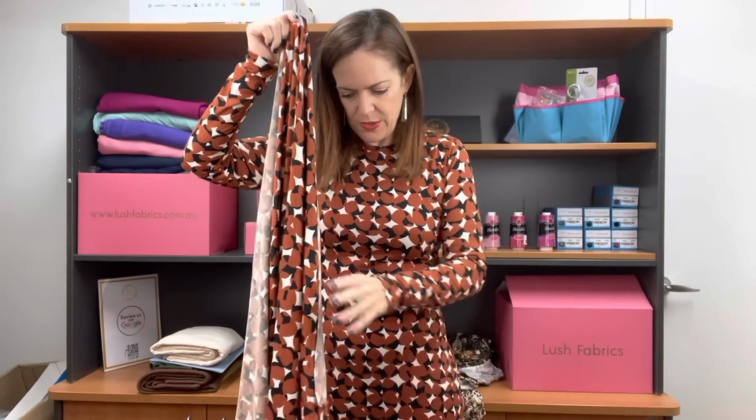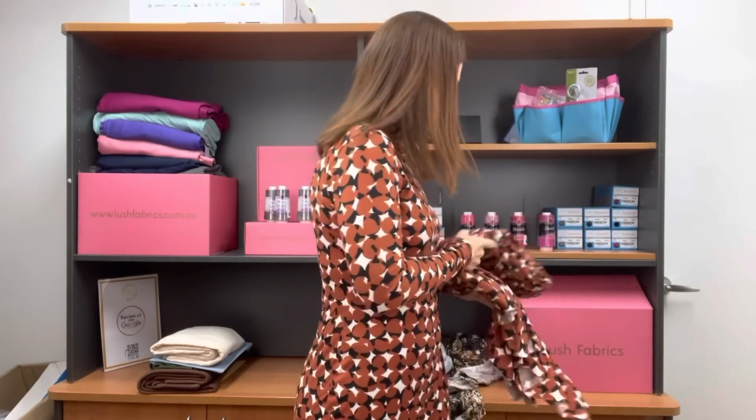So I've been wearing this today with my black brushed waffle duster length Harper cardigan, and that makes the cardigan just a little bit longer than the dress, I think, and I quite like the outfit together, and it's really snuggly and warm. So I've matched it with